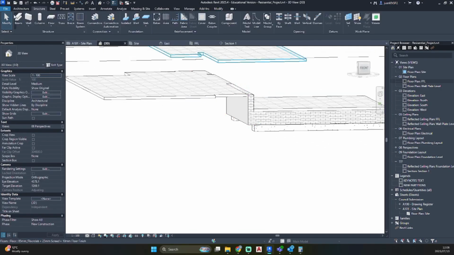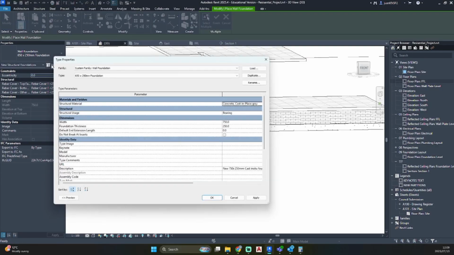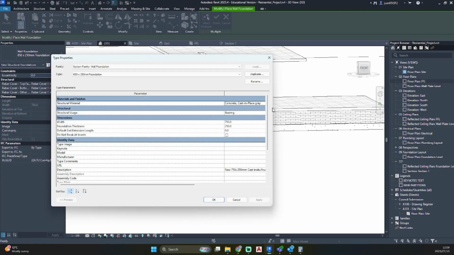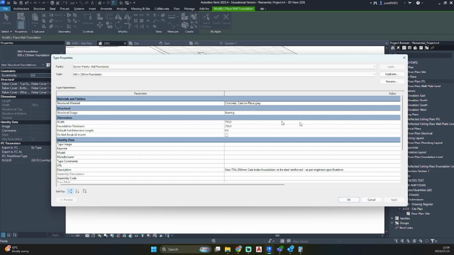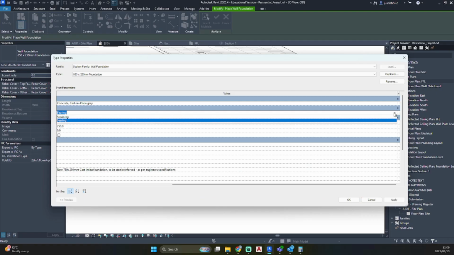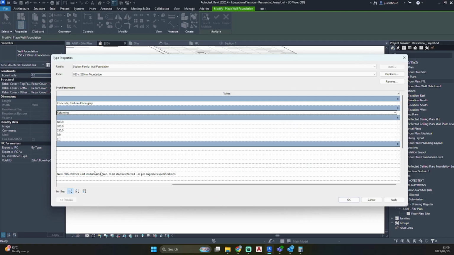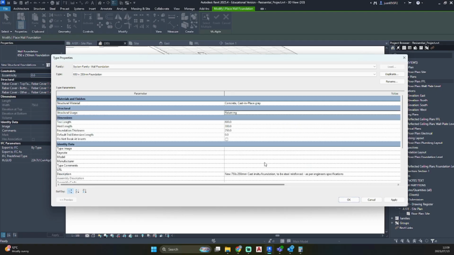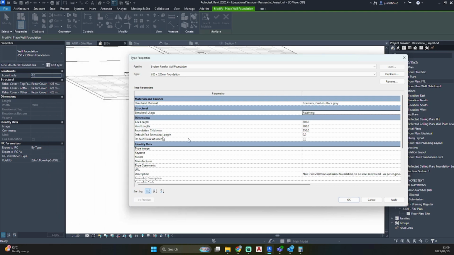So if we go back to our structure tab under foundation wall, edit type, I'm just going to drag this bigger, structural usage, see this is currently under bearing, and we'll need to change that to retaining. Apologies, don't know why my Revit is snapping my views to different areas. So as you can see now we have toe length, heel length and foundation thickness.